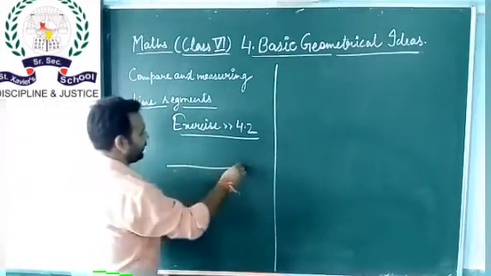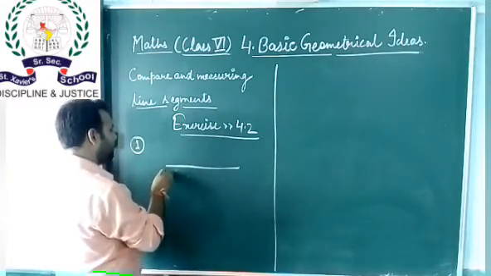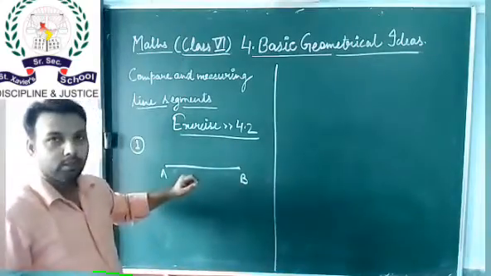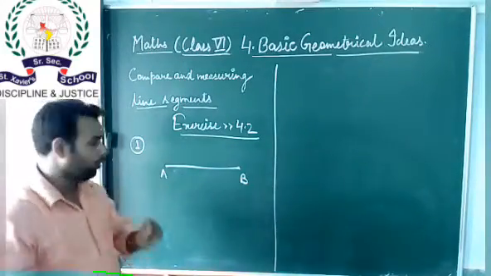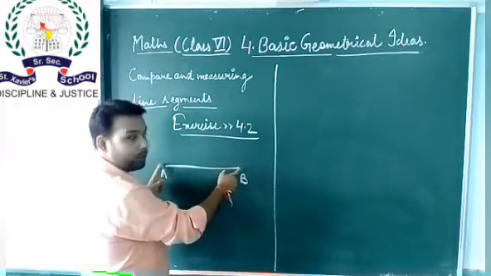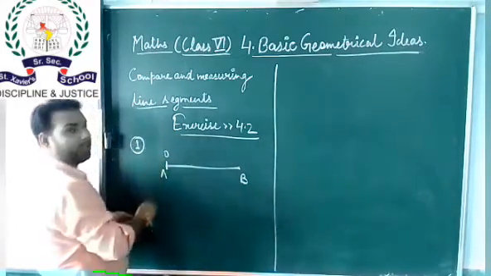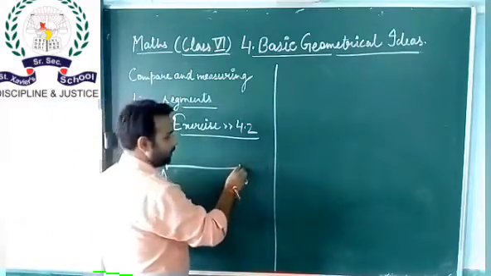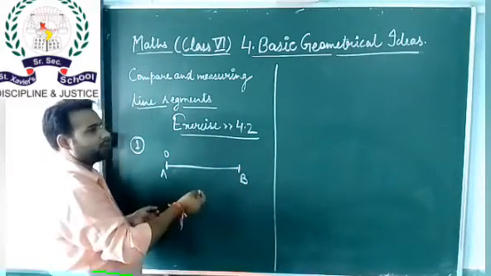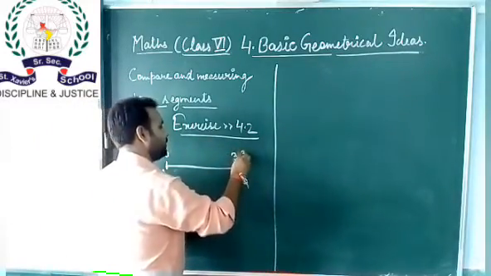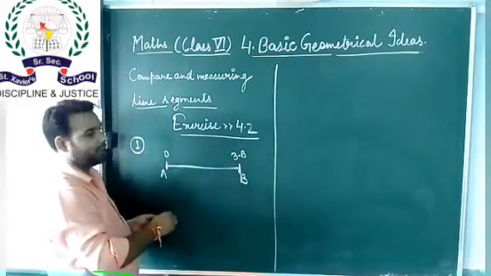Suppose this line AB is given in your book. Then first you have to put your ruler, your scale, here, with this point fixed at 0, and suppose the other point comes at 3.8 centimeter,